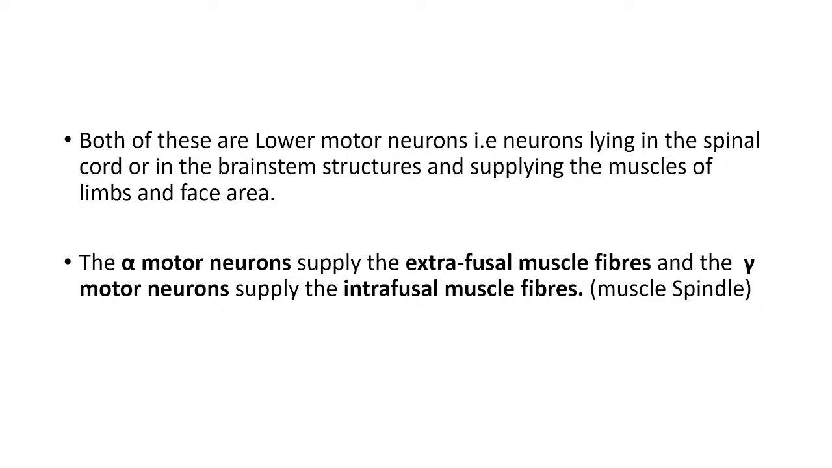That will result in weakness of the movement. If this weakness is complete, we call it paralysis or plegia. If this weakness is incomplete, that means some power is there, it is called paresis. Complete paralysis is called plegia. Weakness, paresis. Yes. So, the alpha motor neurons,